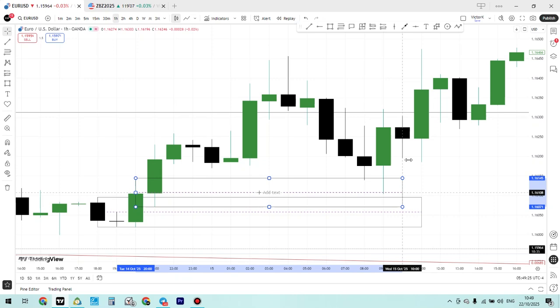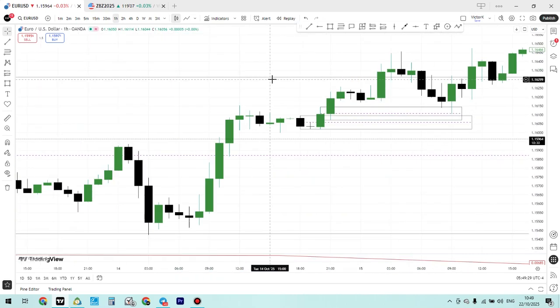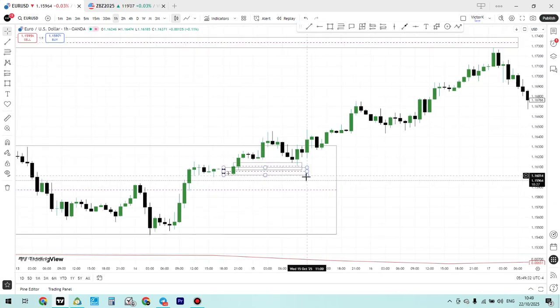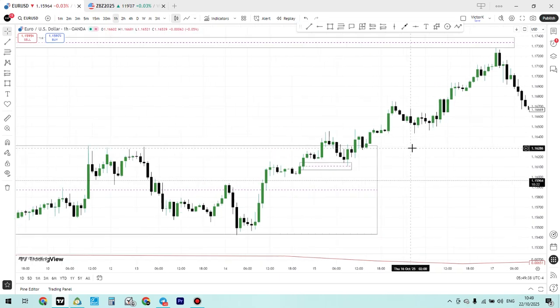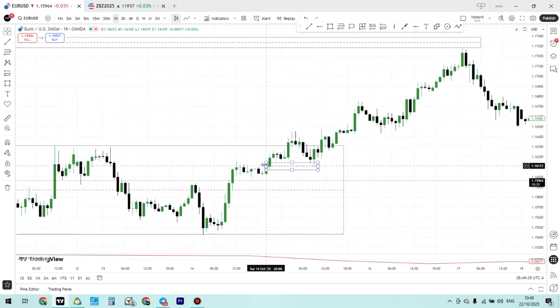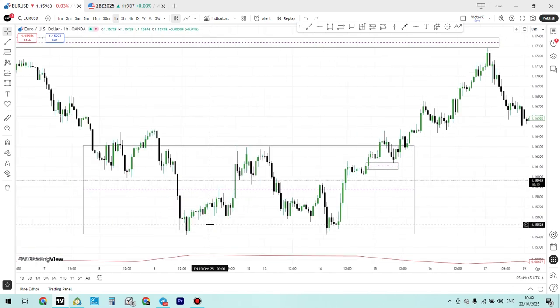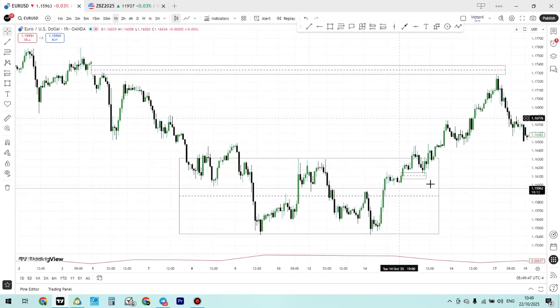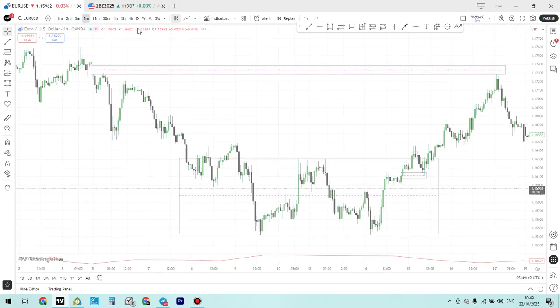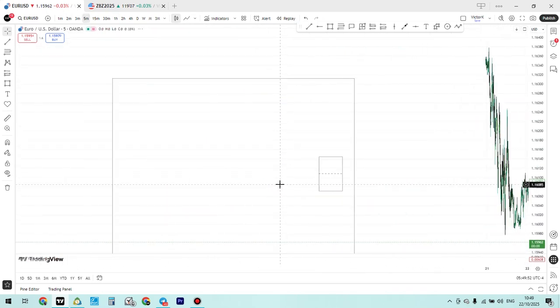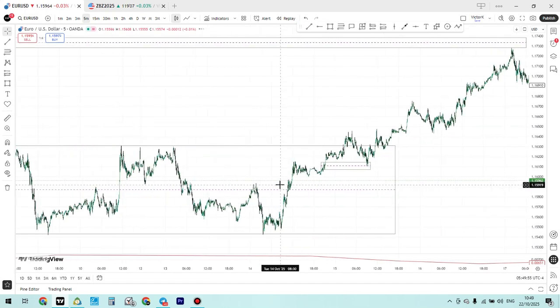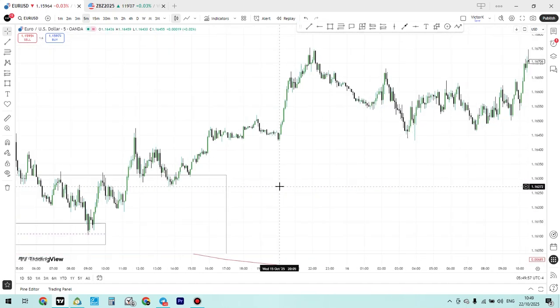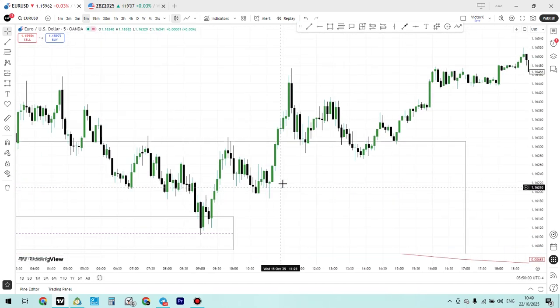So here we have a mitigation, and the price comes into that area there. So now we have a buy area there. So what we look for is just a break on the 5 minute charts. So from the daily chart, we've gone down to the 1 hour, now down to the 5 minutes. All right, so on the 5 minutes, you can see from here now,